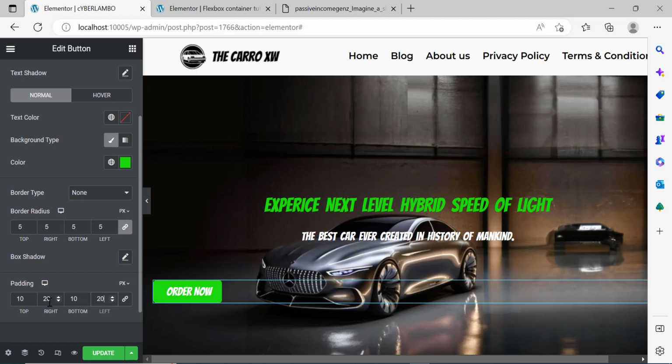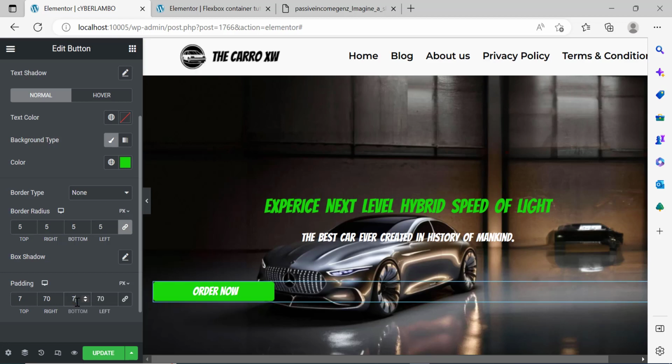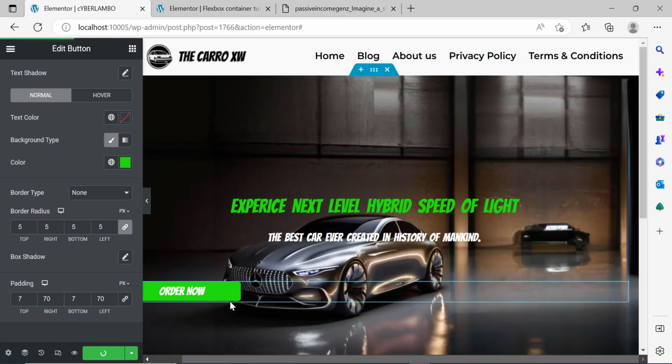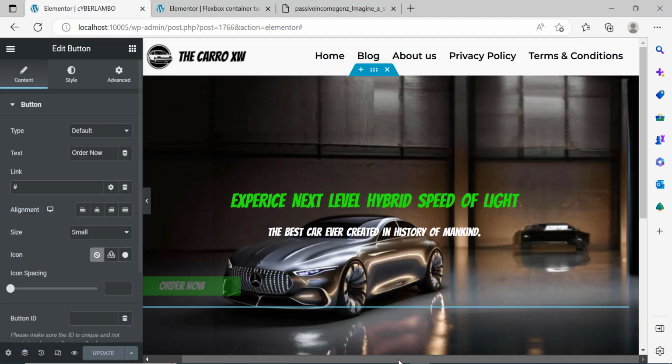Let's see how this looks. It doesn't really look that good to me, so maybe I'm going to give it a 70, and then a 70, and then let's try with this, perhaps a 7, and another 7, like so. I think this one looks cooler. Update. So now what I'm going to do, I'm going to duplicate the very same button, click on it, duplicate,